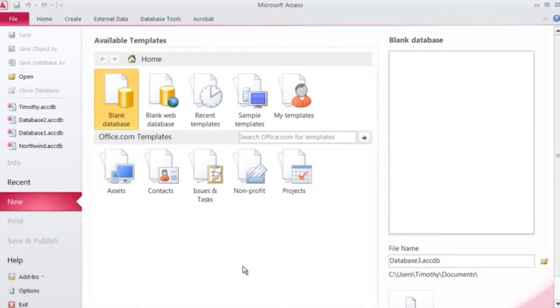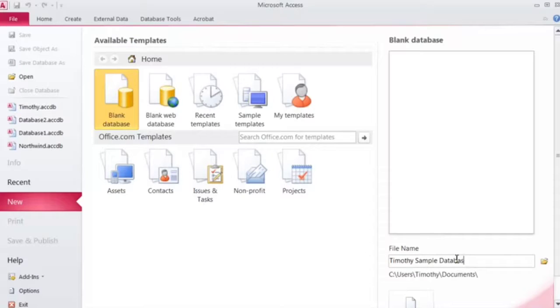Okay, so you need to enter the file name in the file name text box, and if you want to change the path, if you want to change the location, then you can change it from the browse button, which is placed adjacent to the file name box.